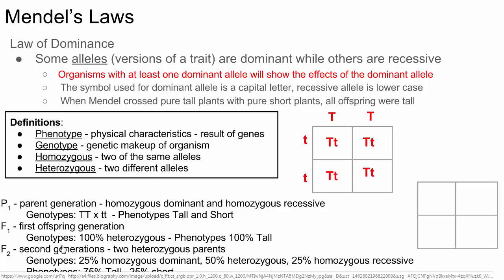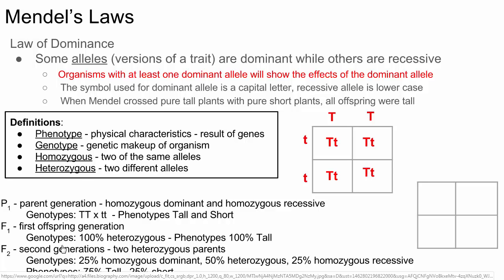So these terms, I think you know: the genotype is the genes that the organism has. The phenotype is the expression of those genes. Now, here I said physical characteristics, but it doesn't have to be an outward appearance. Our genes also control how our body works, how our enzymes are produced. So it's the physical manifestation of the genes, but it doesn't have to be some outward appearance. It can also be other things that are important internally. Homozygous means two of the same alleles. Heterozygous means one of each.